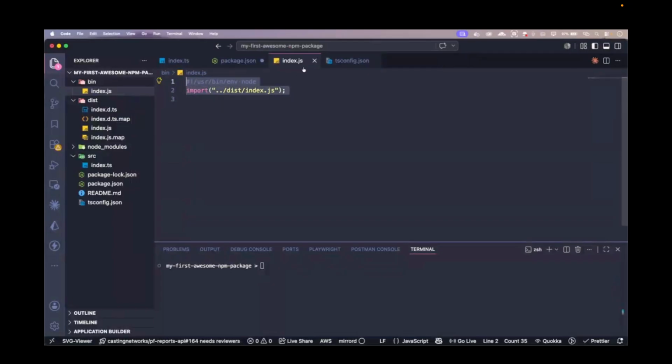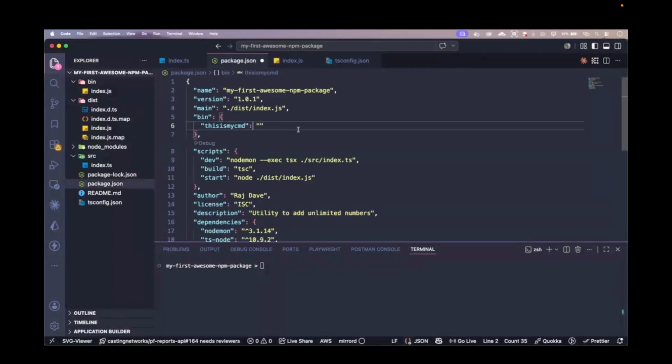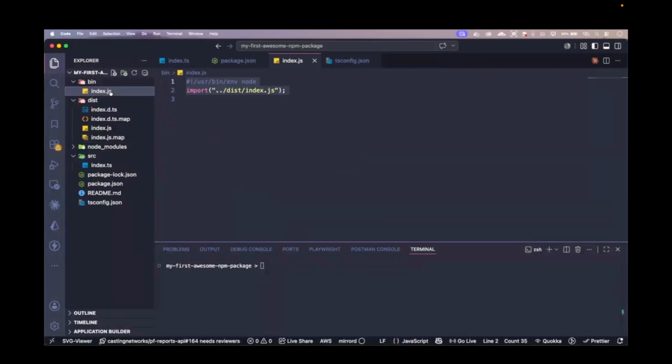So now this file is executable. Now here we need to provide the path of the bin file, which is bin/index.js. So now as soon as someone installs this package,